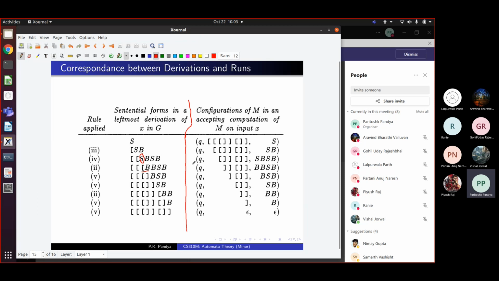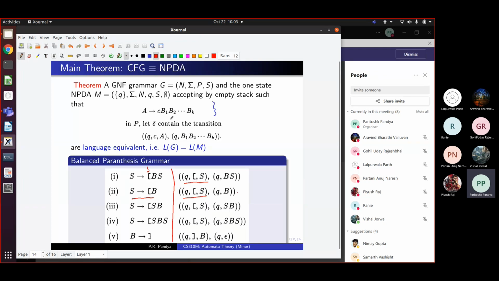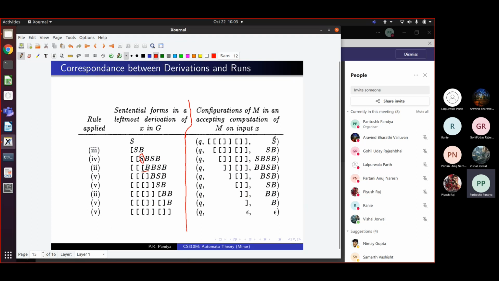Now suppose I give that same string to be recognized to my pushdown automaton. So my start configuration will be Q. This will be the string which was generated by the grammar, which is now to be accepted by the pushdown automaton. And my stack starts with the symbol S on it. This is the bottom of the initial stack symbol, right? That is how we constructed. Remember the construction, whatever, if S is my start symbol, it becomes the initial stack symbol. So the stack starts with S on it.